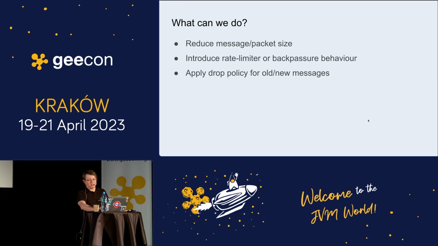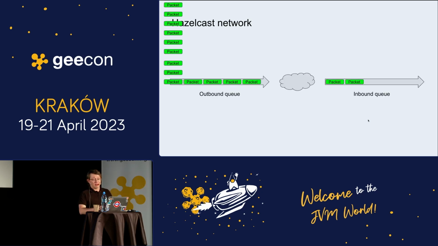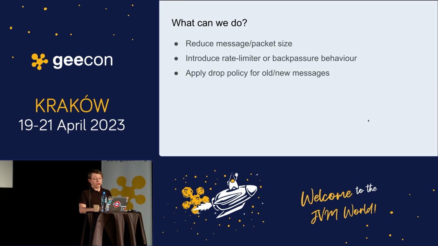What can we do with this? We could reduce the message size, because actually we have a limit for the number of messages in a queue, but by default it is 1 million messages, and if the messages are big, 1 million big messages also bring the out of memory error. Another option is to implement some rate limiter or back pressure behavior,